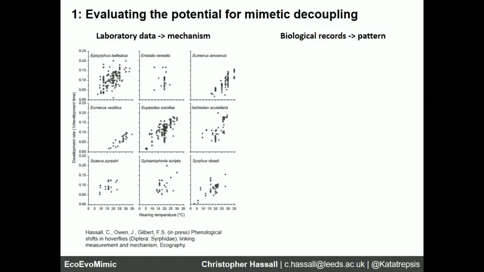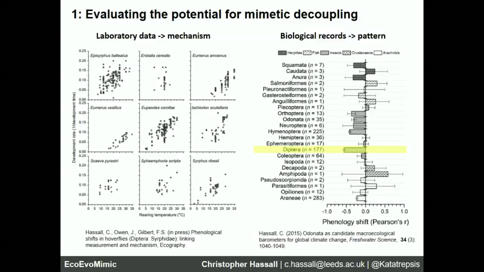We also know that when you look at the sum total of biological records collected in the UK, and we're very good at collecting biological records, we see a very strong relationship in the field with climate change. So highlighted in yellow is the diptera, the majority of which are syrphids because they're so well recorded. And the graph simply shows the rate of phenological shift, or the strength of phenological shift. So it's the correlation coefficients between temperature and flight dates. So a strong negative correlation means that they are responding strongly by advancing their phenology, or occurring earlier in the year. And that's compared against a series of other UK taxa.